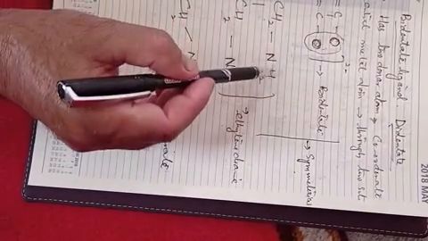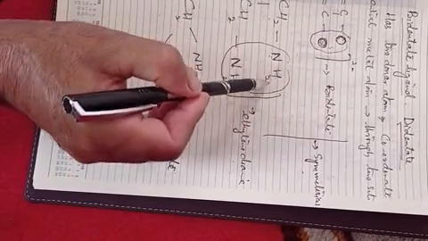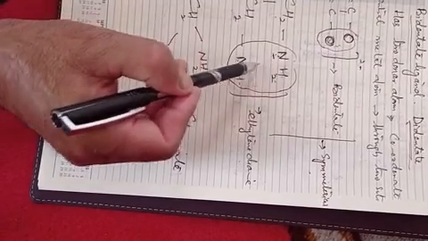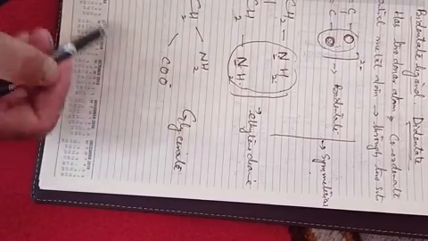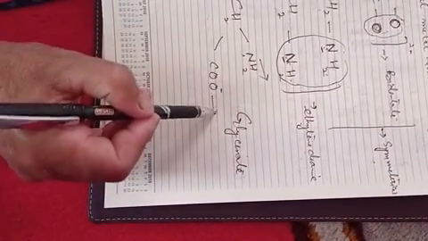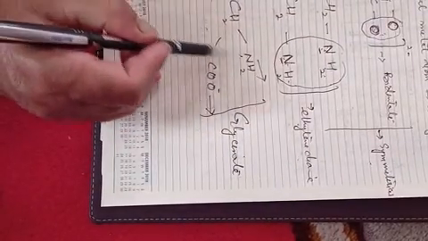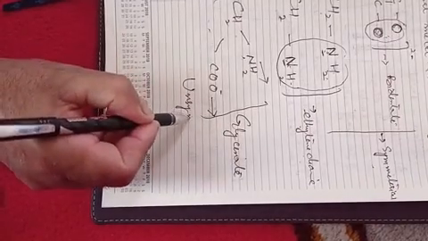Similarly, in the case of ethylene diamine, there are two donor atoms, the NH2 groups, nitrogen here and nitrogen here, which donate the electron pairs, so ethylene diamine is symmetrical. And in the case of glycinate ion, here it is nitrogen, which can donate the electron, and here it is oxygen, which can donate the electron. So the two donor atoms are different within the same molecule. Two donor atoms are different, so this is unsymmetrical